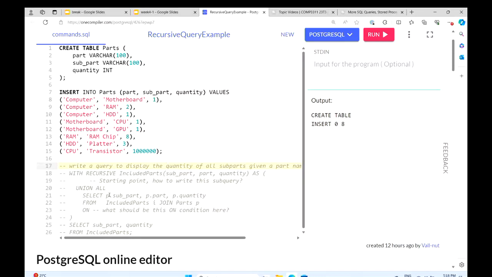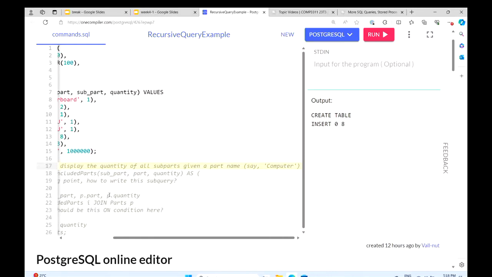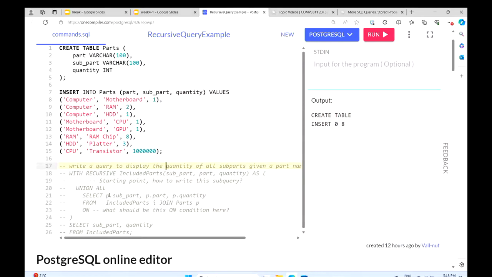So let's think about the problem here. Can we write a query to display the quantity of all subparts given a part name? Say, for example, for computer, can we get the quantity of all subparts for computer?